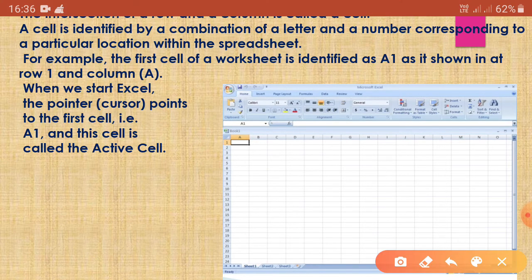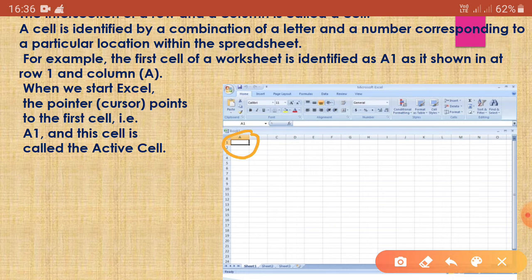Now the question is, what is a cell? All this rectangular box is known as a cell, an individual cell. A cell is basically the intersection of a row and column, or you can say a cell is identified by a combination of a letter and a number corresponding to a particular location within the spreadsheet.